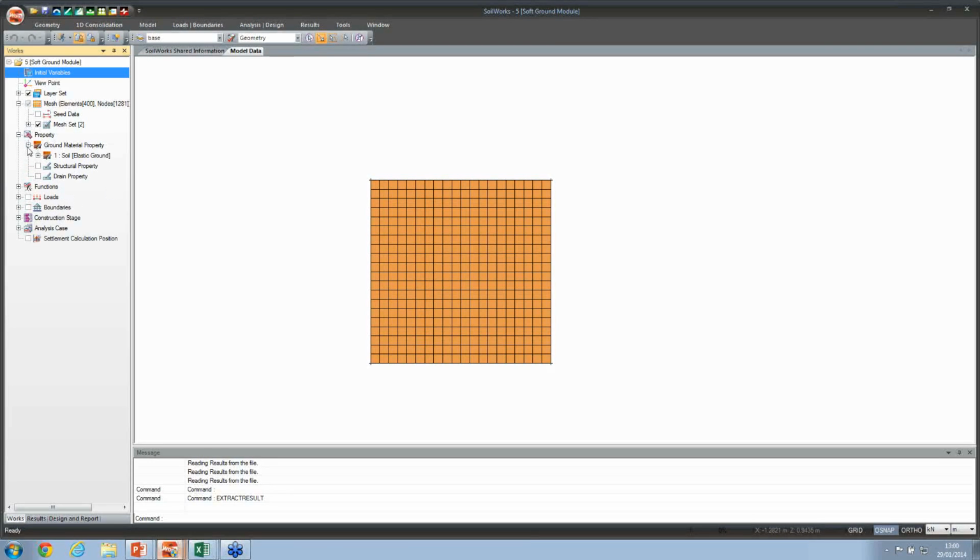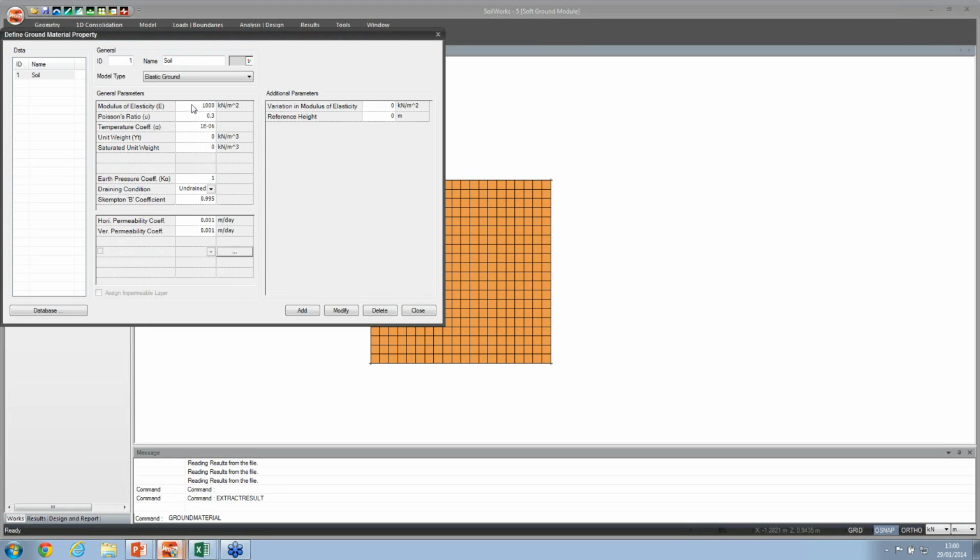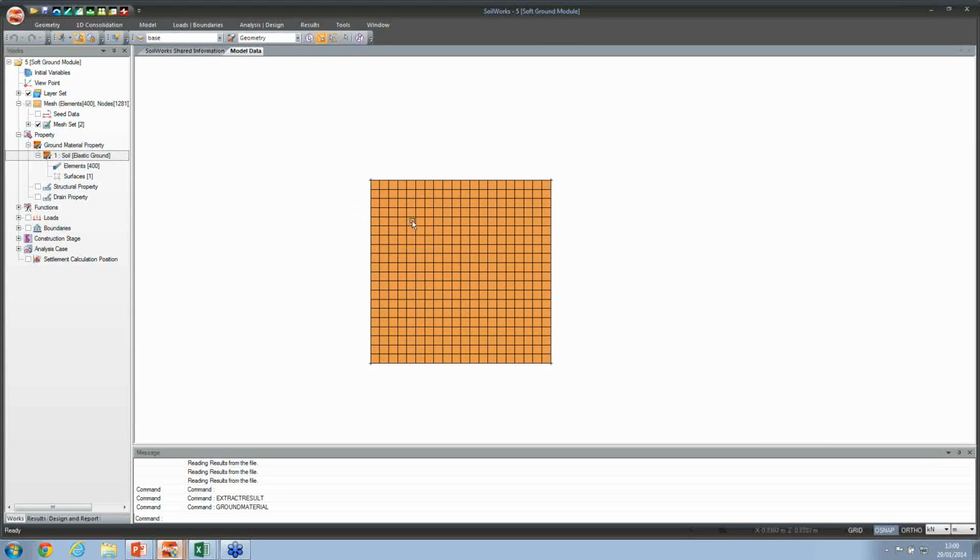So you can see this is a simple mesh of 1 by 1 meters, and for this analysis, the material was assumed as elastic ground and without any weight. So we are not calculating any stresses due to the self weight. We are just concerned with the pore pressures and how they developed as the additional or the external load is